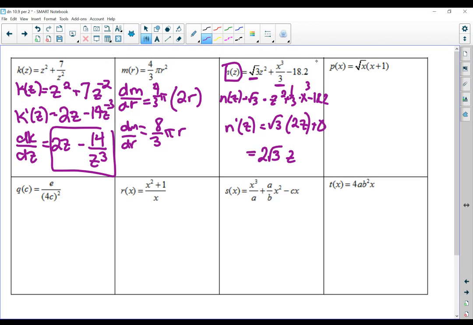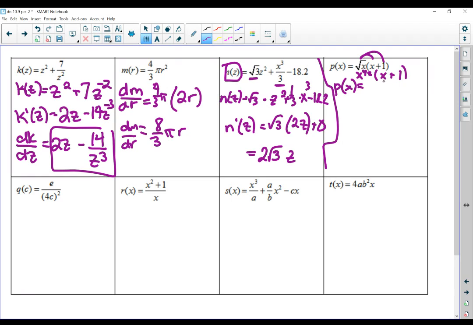Now for something like p of x, what I'm going to do first is distribute this in so that it doesn't look like a product. We haven't talked about the product rule. That's our goal for today. So for these easy ones, you could just distribute this in. Now, guys, this is x to the half, right? So if I distribute that in to x plus 1,